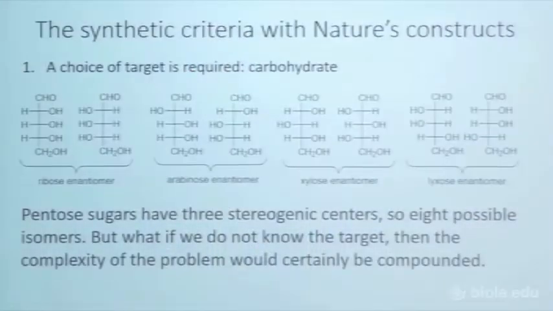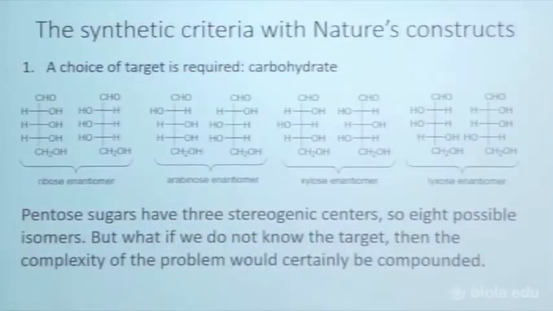So in trying to make this in a prebiotic world, all you can do is mix certain things, but you can't do real sophisticated chemistry because you're only supposed to use the molecules that nature had at the time. Things like formaldehyde, things like ammonia. So he had to make these pentose sugars, but the pentose sugars have 3 stereogenic centers, which means that you're